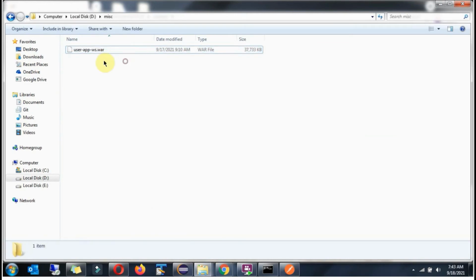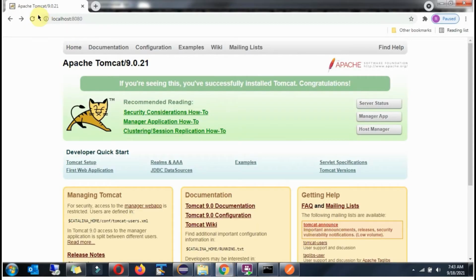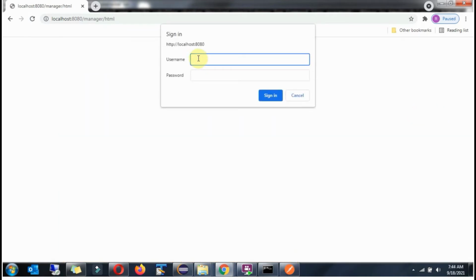So renaming it as user-app-ws.war. Refresh. Click on manager app. And it is asking for a username and password.